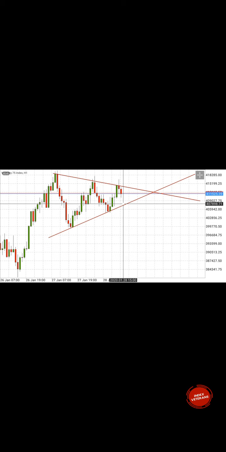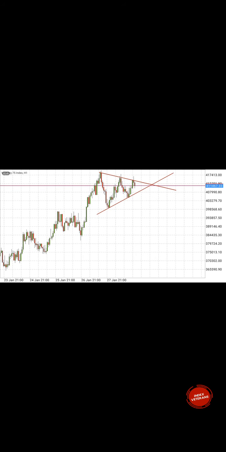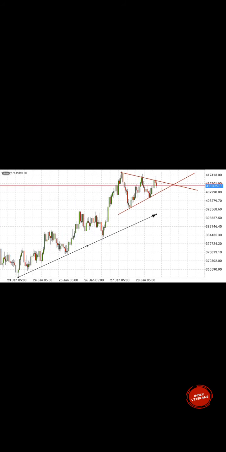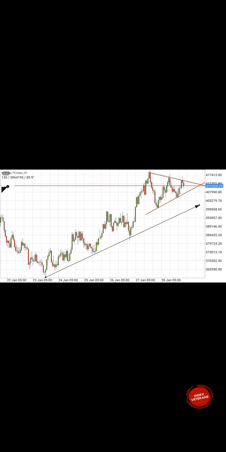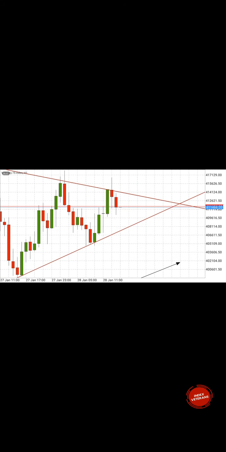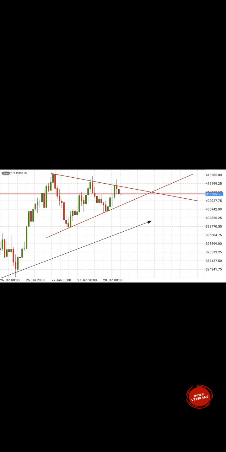So in a symmetrical triangle we usually expect a break above or below, but because we have a prior bullish trend, a symmetrical triangle usually marks a continuation of a trend. What I mean by a prior bullish trend is we had a bullish trend before the symmetrical triangle. So guys, here we are still in a bullish trend, so the symmetrical triangle usually marks the continuation of a trend. So we expect a break above or a break below, but for some